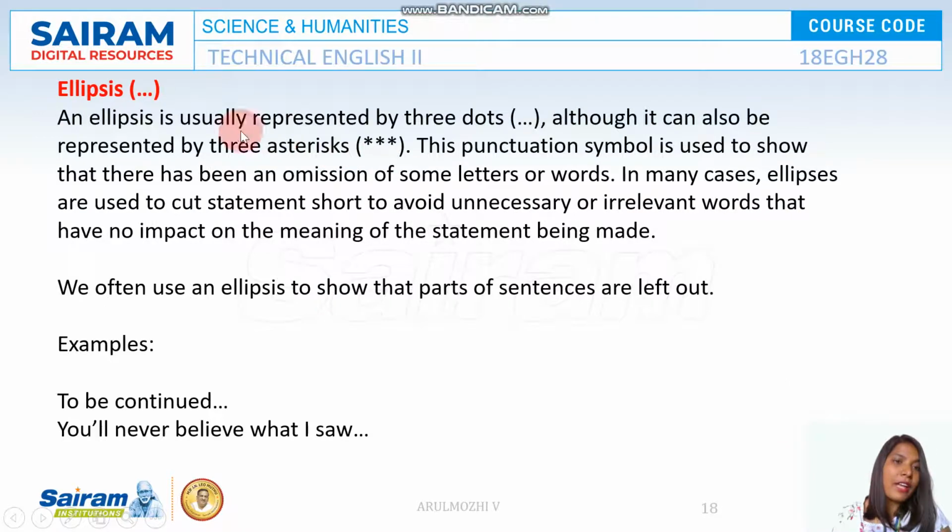And we have the ellipsis. The ellipsis is nothing but three dots. Okay, when we use it, it means that something is to be continued. Ellipsis means something is missing, something is skipped. Take for example, when you quote poems, okay, you don't want the entire poem, you want only two lines, so you just start the line, and then you have the ellipsis to say that something is skipped here, and then you continue there. So it means it will be continued, or certain sentences are omitted. That is the meaning of it.